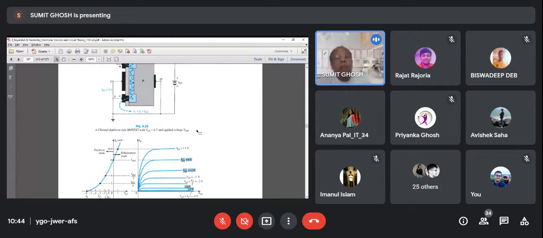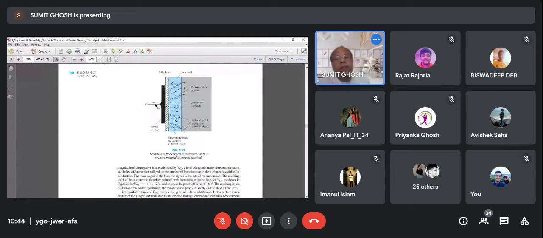All this time I was telling I give a negative voltage to the gate. But suppose I give a positive voltage to the gate. There is no diagram, so I have to show on this only. So what will happen? All the electrons in this channel will be attracted towards this potential. Again, I must tell you, this negative or positive voltage of the gate creates an electric field which attracts or repels the electrons.